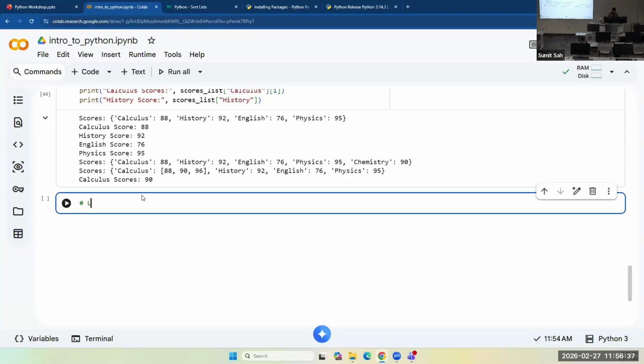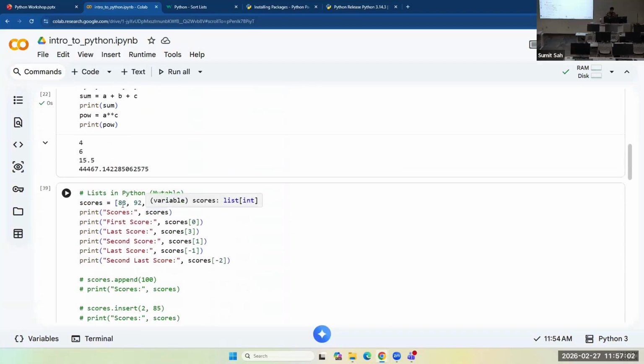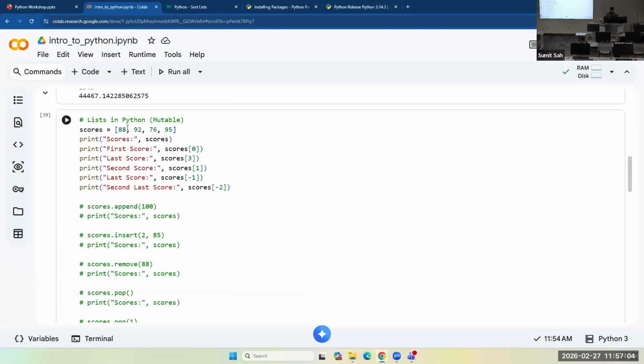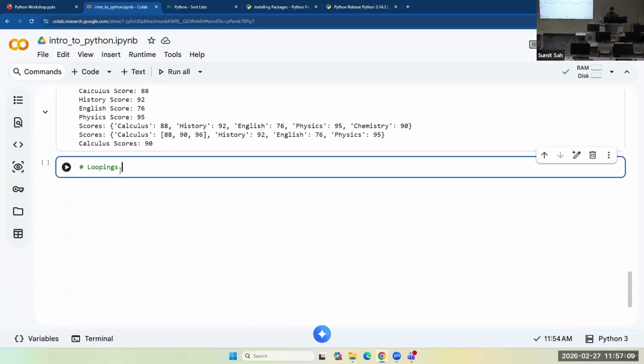Looping in Python. In any programming language, you will find looping. Looping is a very important concept. When you have to do something multiple times, you use loops, and also if you want to iterate through each of the elements in a list or dictionary, loops are very helpful.